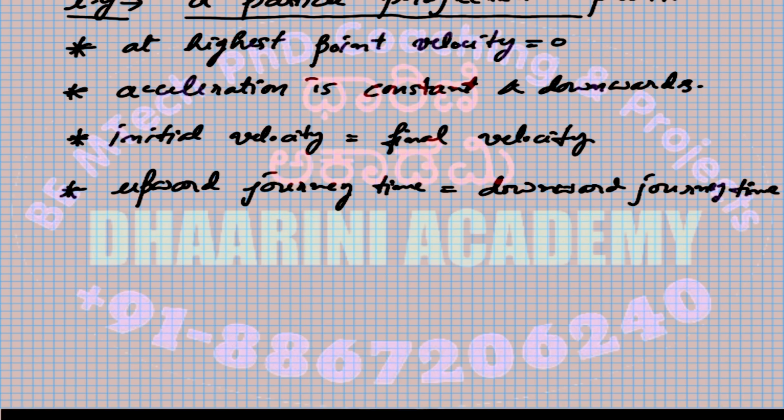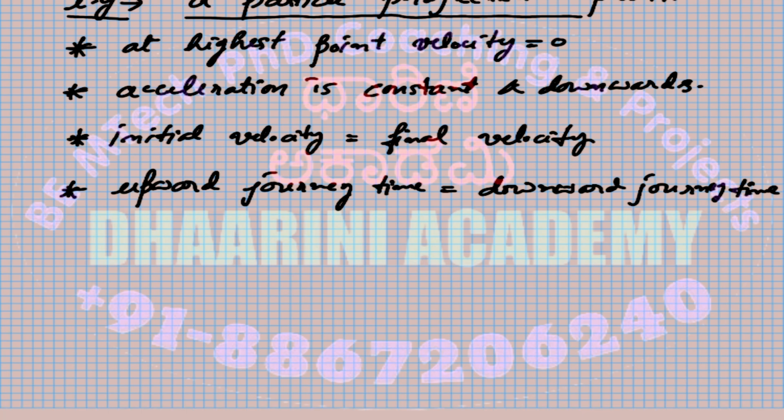So displacement is total displacement. The final displacement will be zero, right? But in case of upward journey, displacement increases, right? And during the downward journey, the displacement decreases. But displacement from the starting point is positive, right? So what we expect now, the displacement versus time graph,